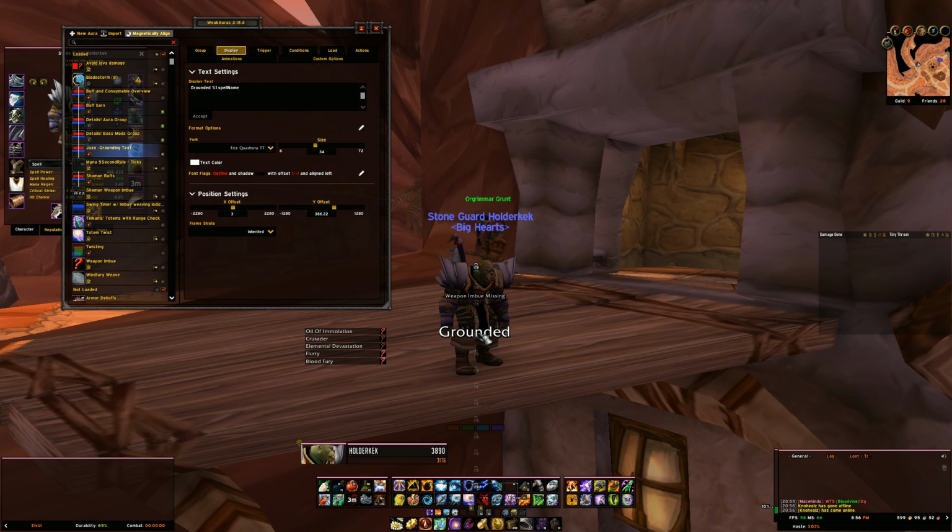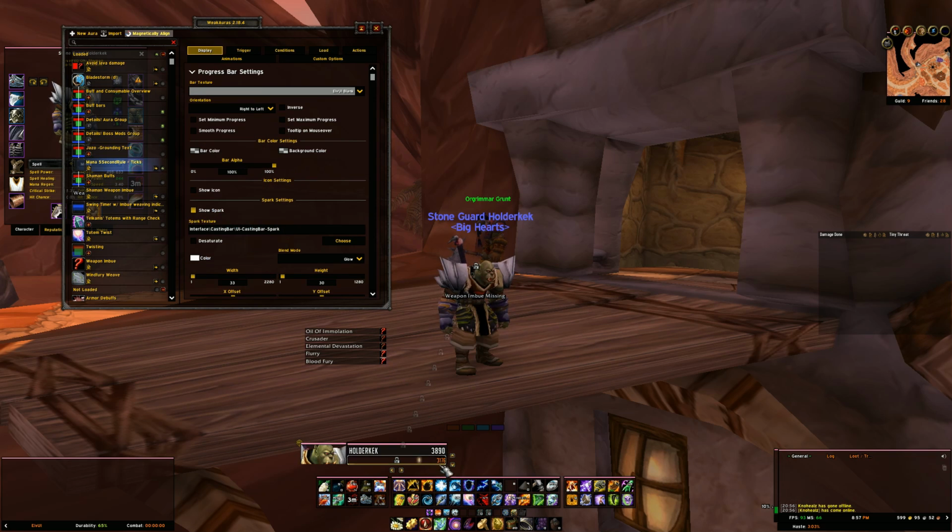It will tell you what grounding totem has grounded. So if I ground a Pyroblast, it'll say grounded Pyroblast. If I ground a sheep, it'll say ground Polymorph. It's actually super cool. The mana per 5 seconds, you see I've overlaid that on top of my mana bar